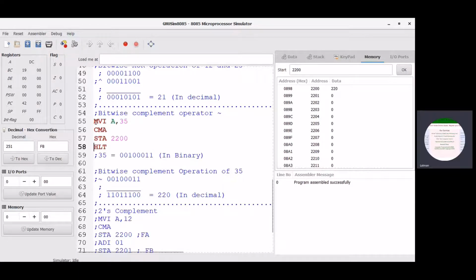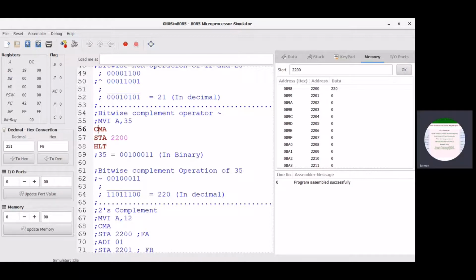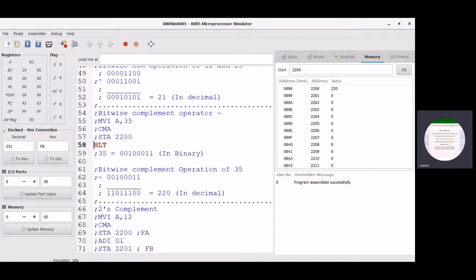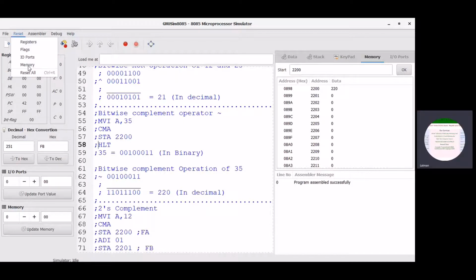Okay. So comment all the instructions related to the bitwise complement. Next program, 2's complement. So before moving on, reset all the memory content and save it.